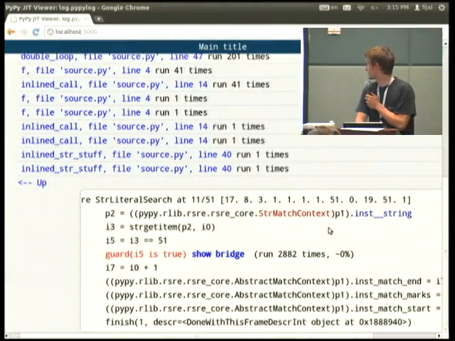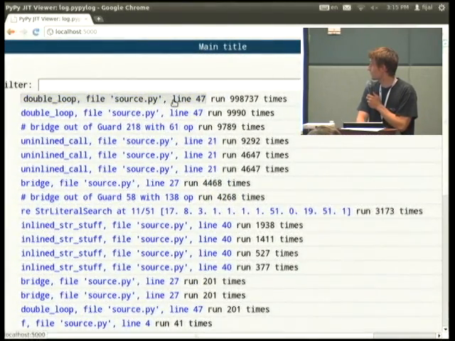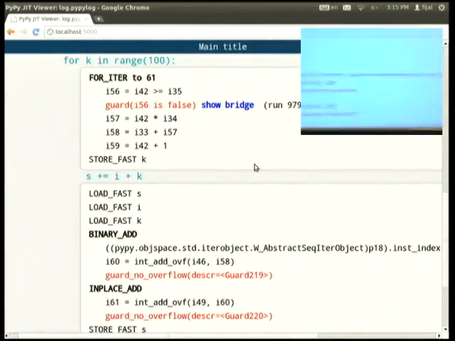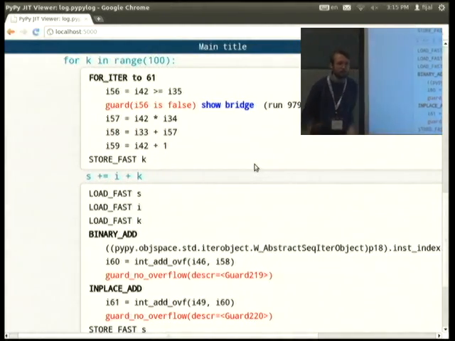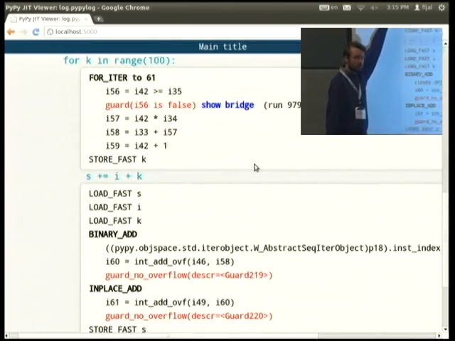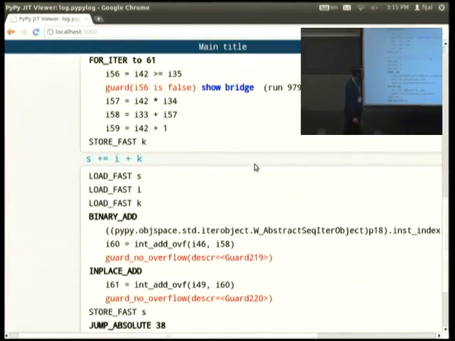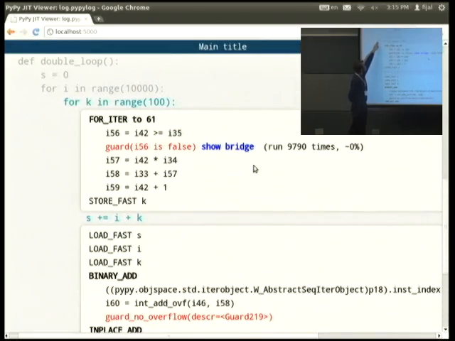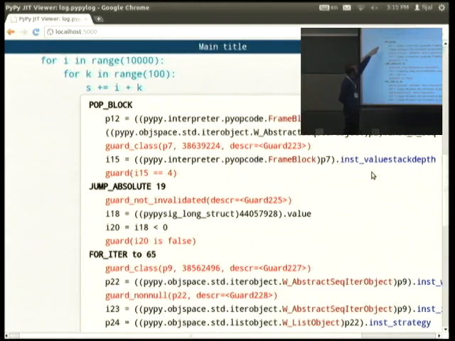Yes. What occurs? Should I just show it? Yes. Okay. So what occurs is you see here the inner loop first, just because it's the one that is run most often. So it first compiles the inner loop, and this looks like what we have seen so far. But then what would occur when this iterator is exhausted? It would go there, follow this bridge. And if we look, this bridge has pop block, which means end of the for loop.